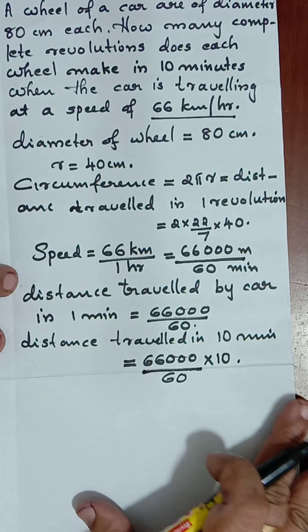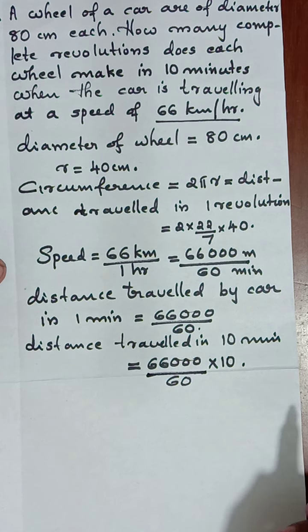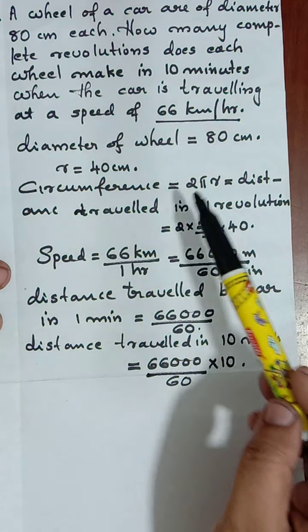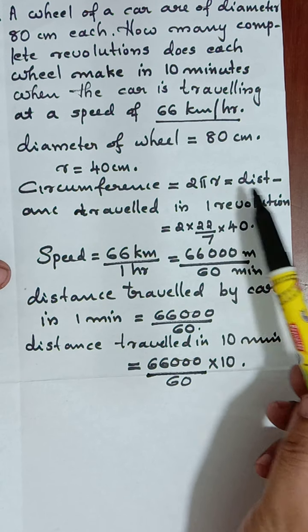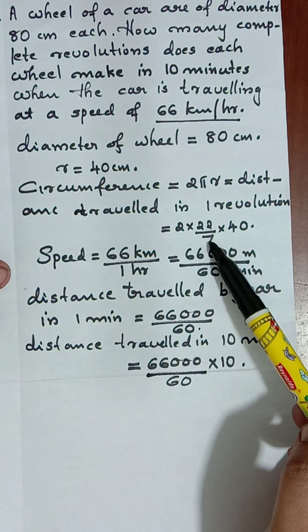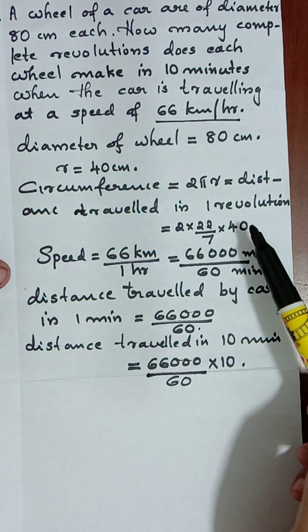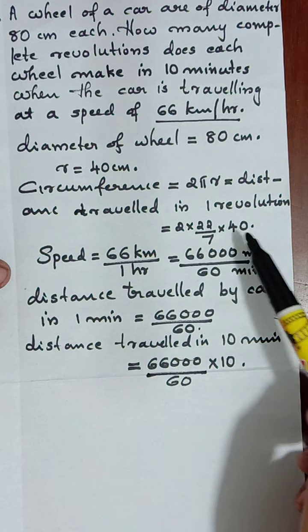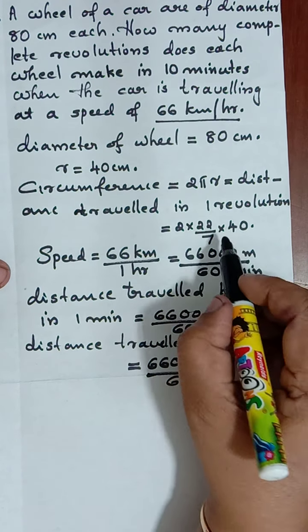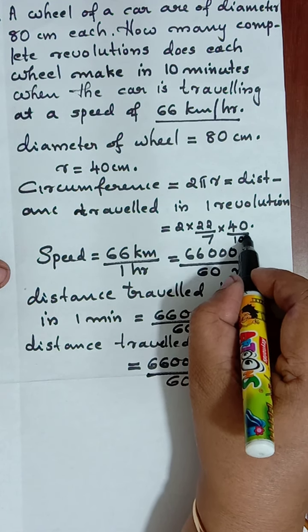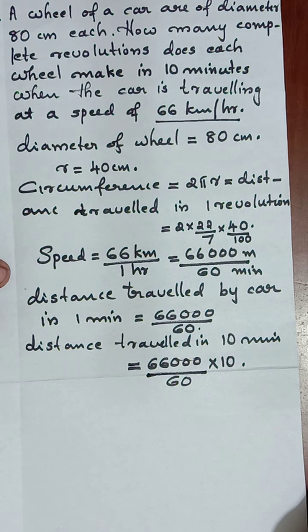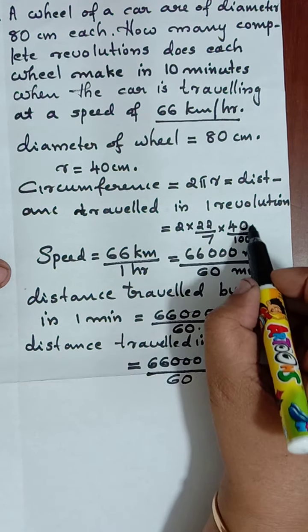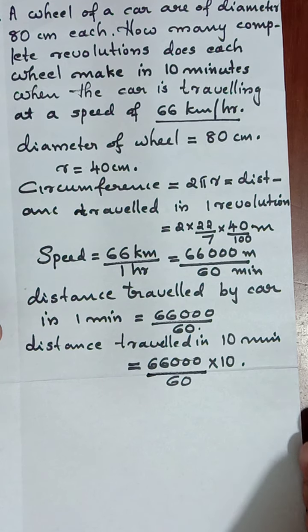Again once more I'll explain if you don't understand. First we have to consider the car wheel as circular. So this circle is having revolution. In one revolution circumference is equal to 2 pi r. That we are finding out as 2 into 22 by 7 into 40. 40 comes in centimeter. That we can convert to meter. How do we convert? If you divide it by 100, it is converted to meter. Now it is in meter.